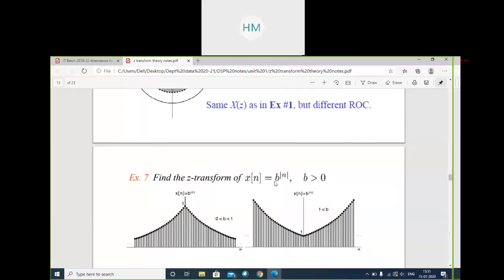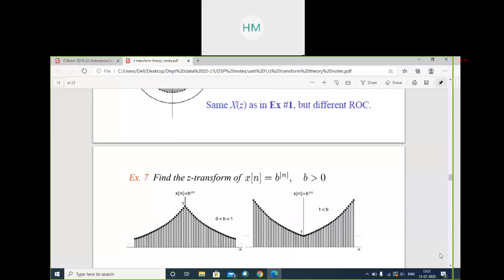So x of n is equal to b to the power mod n, magnitude of n. Very good. So see, this is the sequence. And what value of b am I taking over here? b less than 1. That means 0, 0.1, 0.2, 0.3. So 0.1 to the power minus, the sequence will increase,